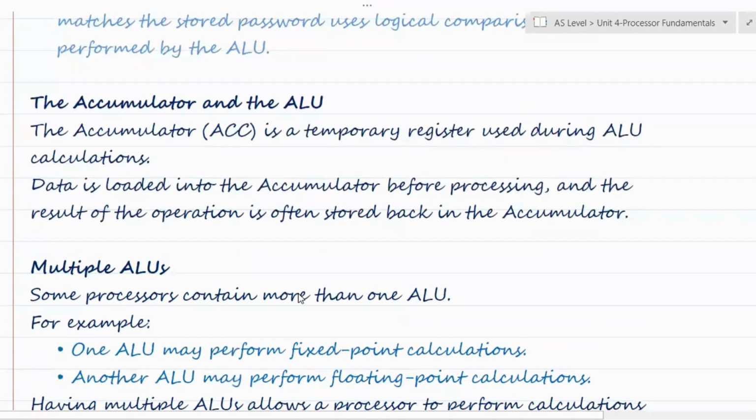Now, how do the accumulator, about which we have learned in my previous video on CPU registers, you can watch that video, and the ALU work together? Calculations need a temporary workspace, right? Think about solving a maths problem on rough paper before writing the final answer. The CPU has something similar called the accumulator. So the accumulator temporarily stores data before and after the calculation, right?